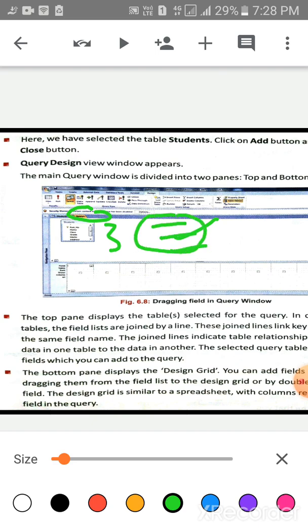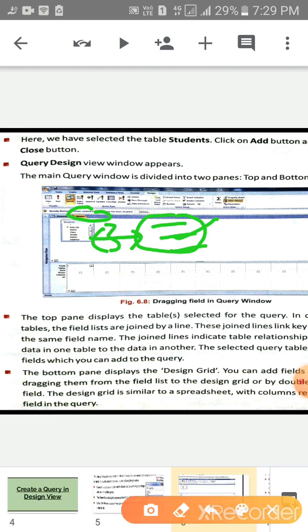Here are the fields, and if two tables are displayed, they will be joined by a line. These join lines link fields that share the same field name. It means we have to select the primary key. In both the tables, one primary key is necessary.